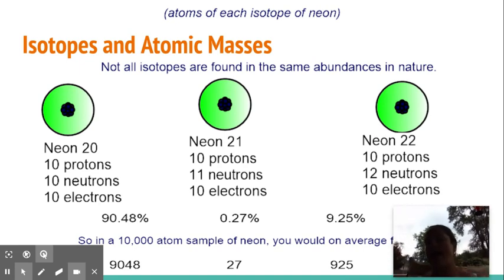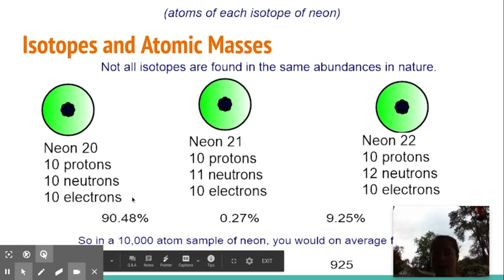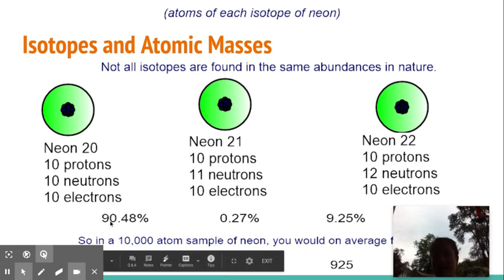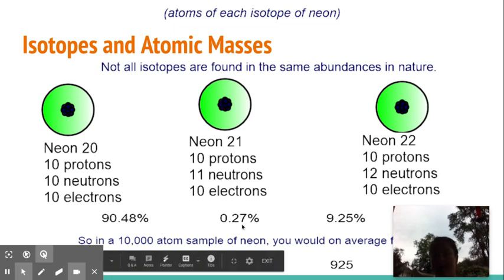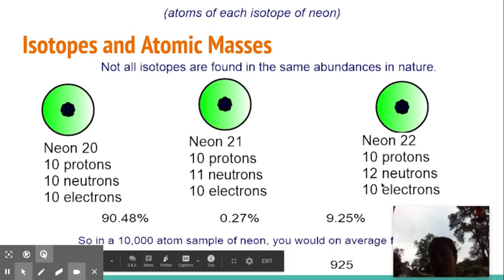When we're talking about atoms, they're so small and you have so many in a sample, so what we do is take a percentage of how many, for example, neon 20s. In a normal sample of neon, we would normally find 90.48% of neon 20, 0.27% of neon 21, and 9.25% of neon 22. So in a 10,000 atom sample of neon,